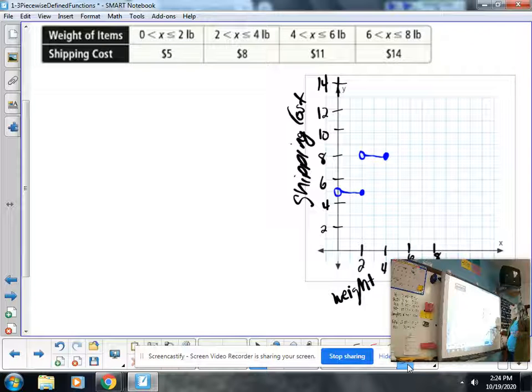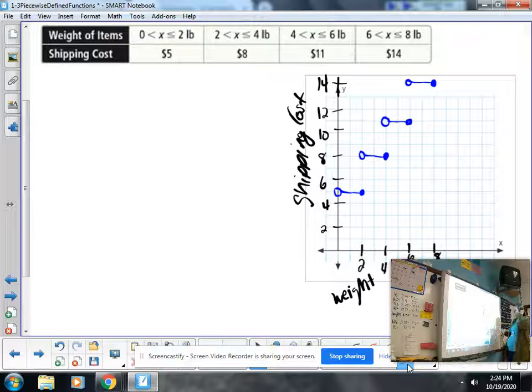Next, 4 to 6, I'm going to be at a height of 11. Again, this is going to be open dot to closed dot. And then 6 to 8, I'm going to be at a height of 14. Again, open dot to closed dot. And this is what a function would look like if you had a consistent value between